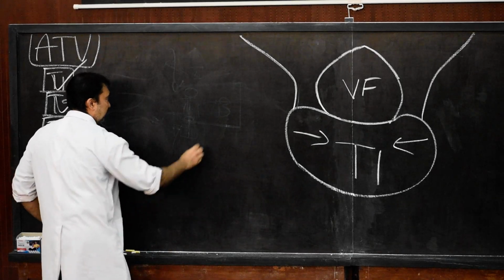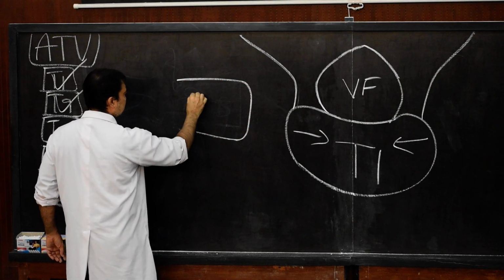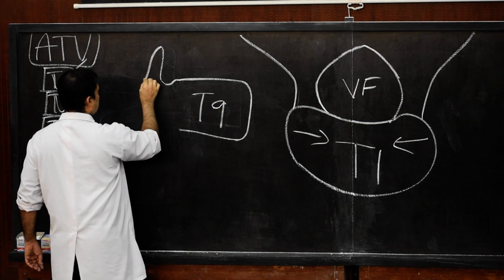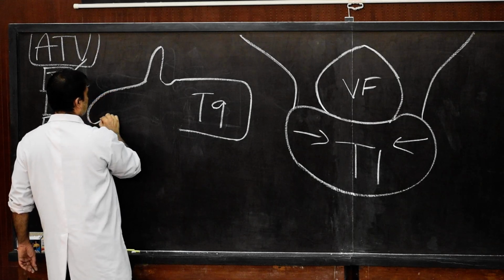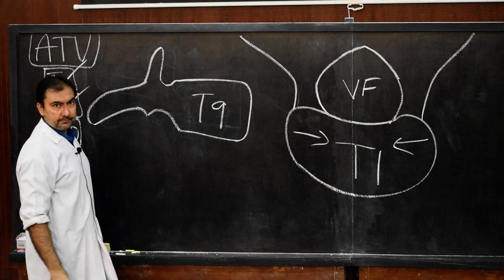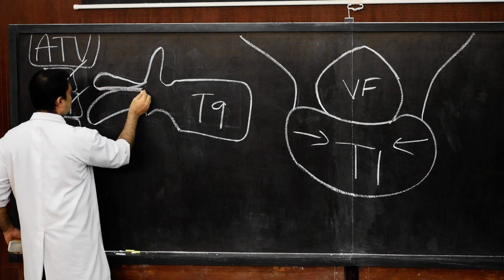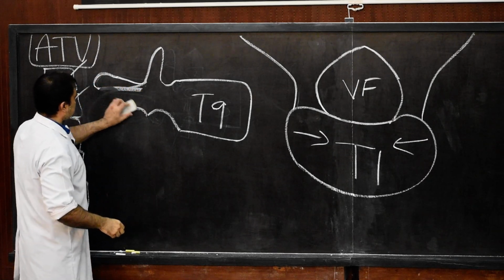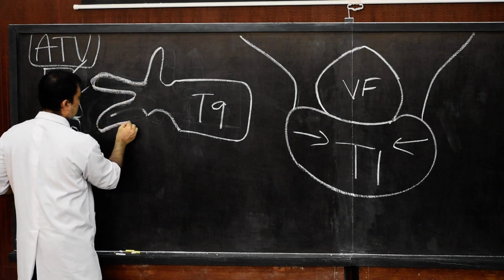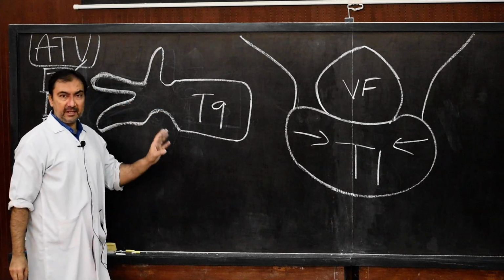Now in the 9th thoracic vertebra, same way, if I draw here, this is T9, and here if we show in this way, the same features, and we show here the transverse process. So the spinous process we shall draw, this is the transverse process, this will be the spinous process. Now here, what are the features of T9?